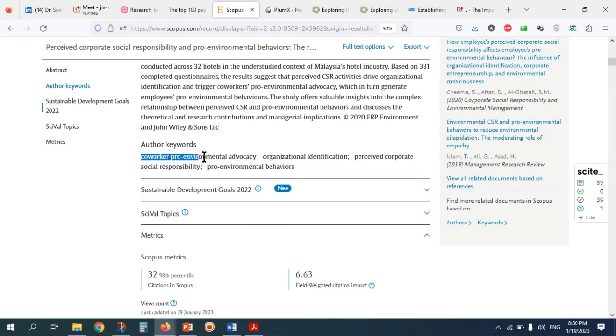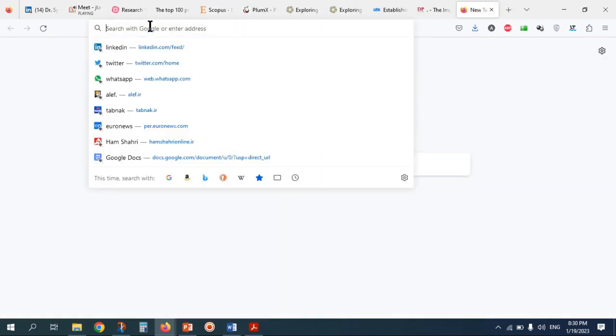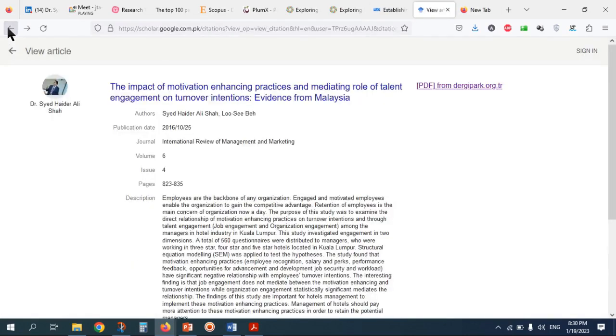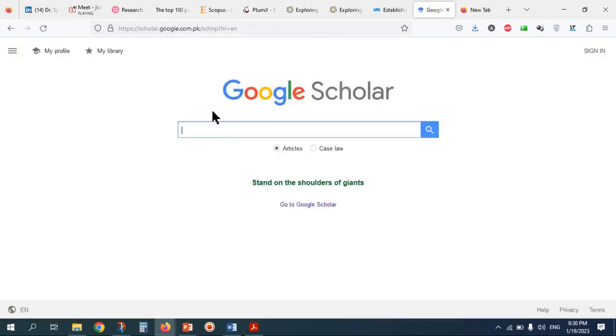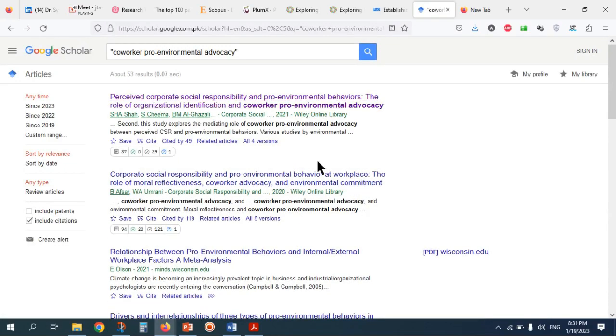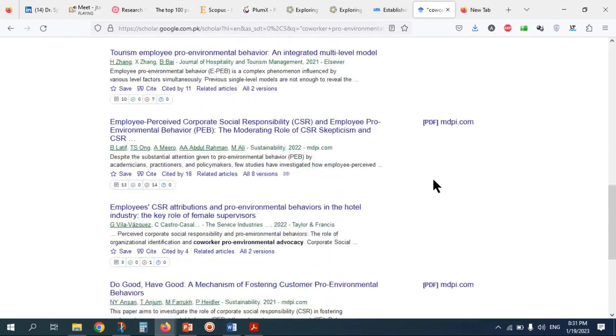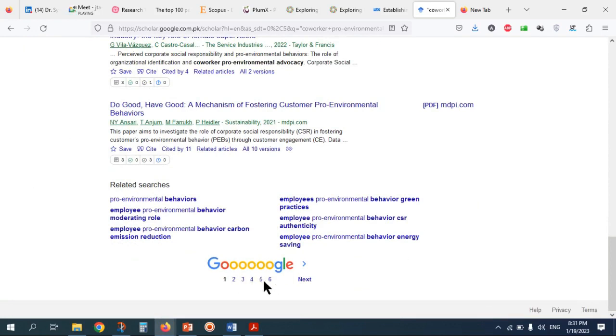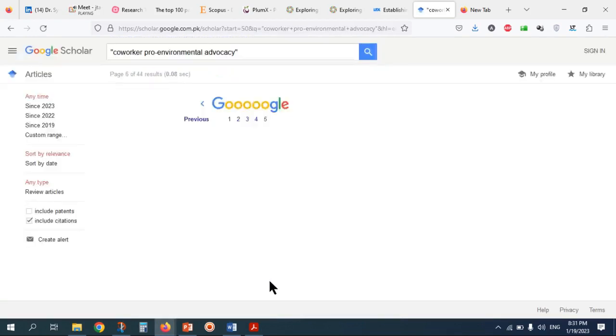Okay, you mentioned one of the key phrases in your paper. Very simple, you can search on Google Scholar. I think I already opened it, yeah, it was here, Google Scholar. Very simple one. Search this one in Google Scholar and see how many times this phrase appeared in different publications.